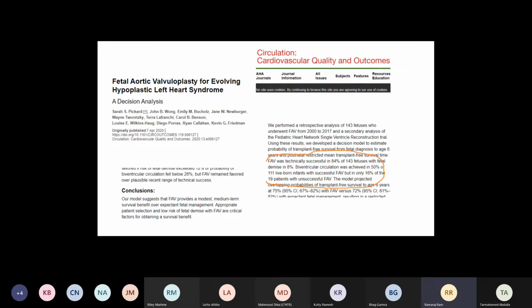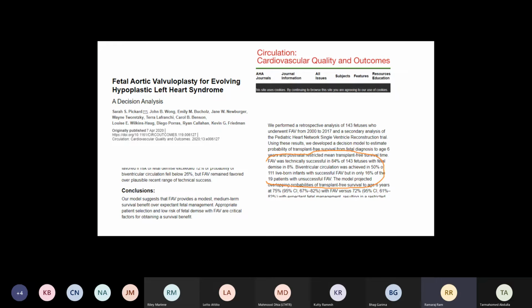And what they're saying is about 50% of the circulation interventions they have achieved biventricular. But what they are coming out with is modest medium-term survival benefits of biventricular. What is important here is appropriate fetal selection and intervention between 21 and 30 weeks. And there are various assessments of your LV, your septal flow from left to right, your aortic forward flow, and they claim that there is no maternal risk and a very small risk of fetal loss in this series,